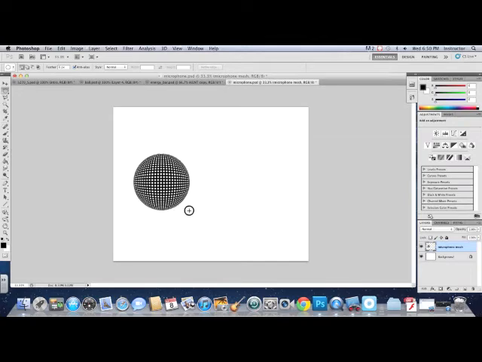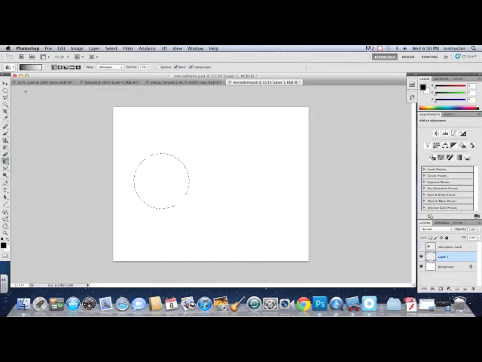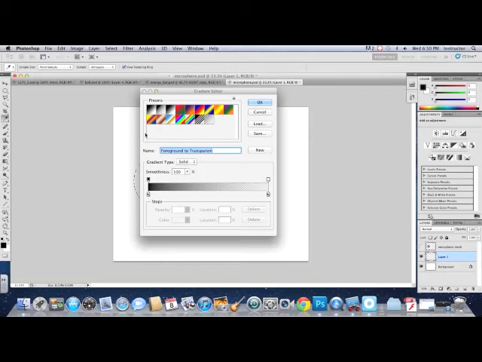Okay, so I've got my circle. I'm going to go ahead and hide my microphone mesh, create a new layer, and I'm going to make a ball. And in Photoshop, the easiest way to make a ball is to use a gradient. I'm going to click on my gradient editor up here at the top, and this ball is going to go from black to white. Well, actually, not quite black. I'd rather probably start with a dark gray. And then go to white,